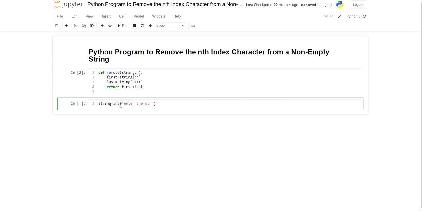Enter the string, and here I'm calling the index value.